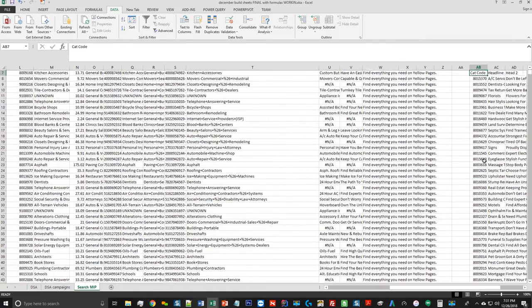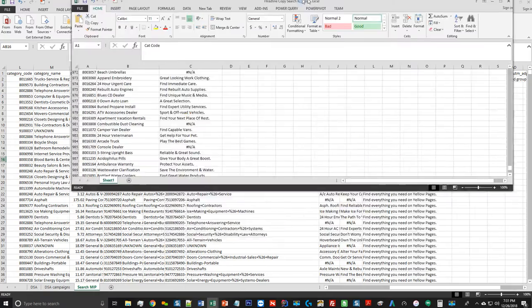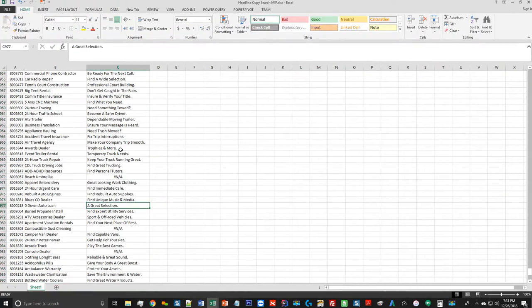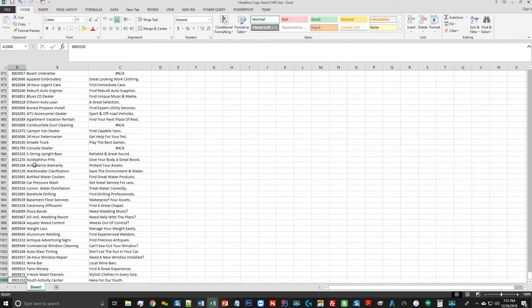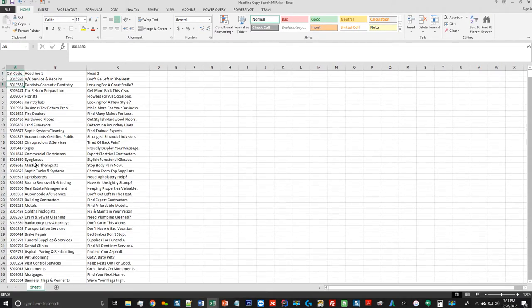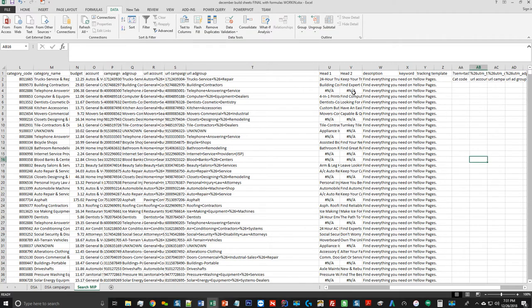That's right. Same thing here on DSA, right? I want to be able to add to this headline copy search MIP. I want to be able to add to this document. So I needed to look for, probably 5,000 lines, or just do a count on the number of rows that are present. But then same thing, if it's not applicable, if it's not here, then we need to go ahead